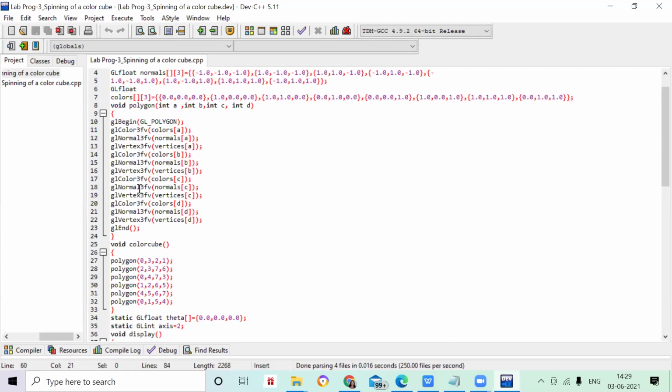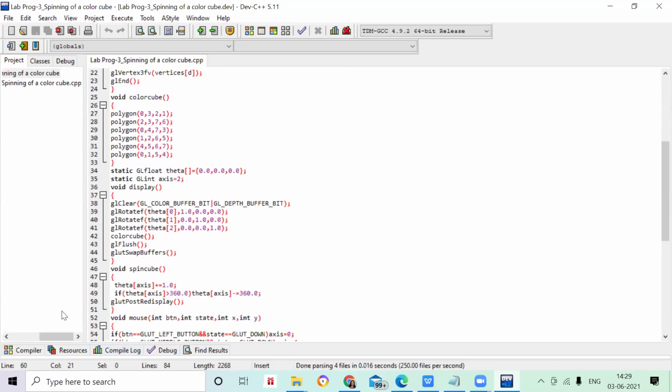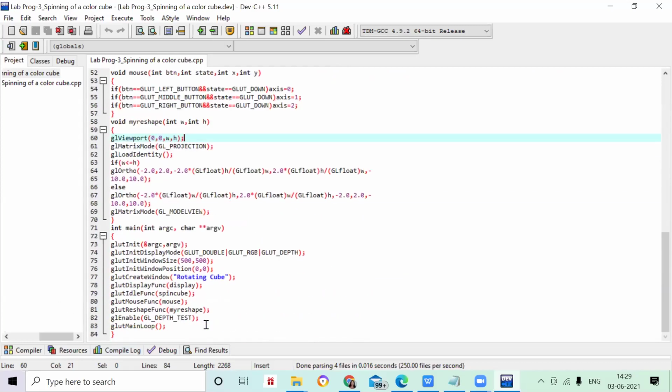So now here, if I go a little down, okay, let me go to... here you can see depth test, and here also I have used the depth.